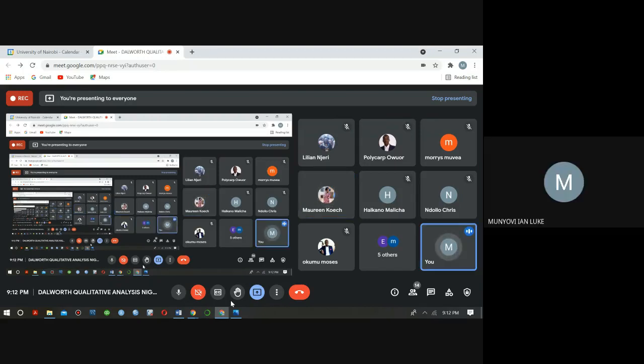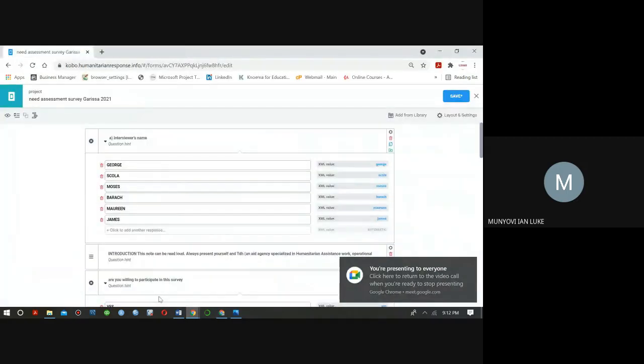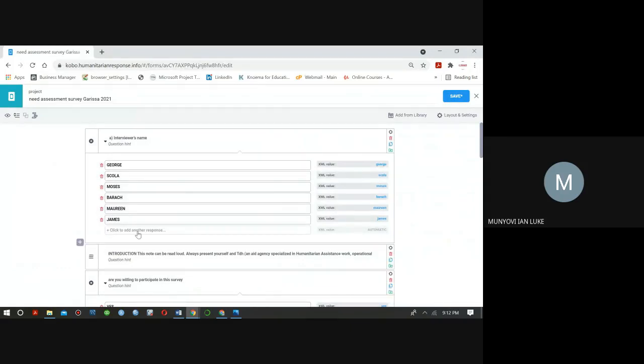Yes, so we are all agreeing that this tool is more of an informant guide. The respondent is the informant, and it guides the process more than just calling it a questionnaire. So I think we should be winding up, and of course we have a long way of having this kind of conversation until we finish this class. For now, let's hold on to our points. We'll be continuing in our next session, but make sure you save your work.